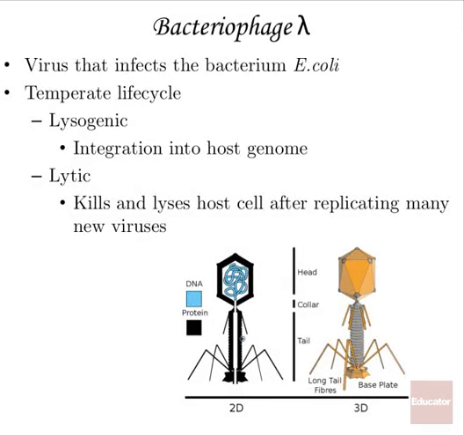So let's move away from our bacterial operons and switch gears to looking at how a virus works through its life cycle. We have bacteriophage lambda, which is a virus that infects the bacterium E. coli. It has what's called a temperate life cycle. It can either be lysogenic, which means its DNA genome, and here's an example of a bacteriophage,